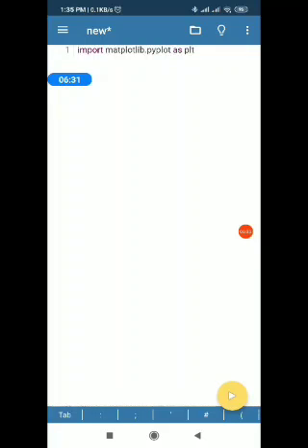See here, 3 dashes are there in the upper left corner of your screen.